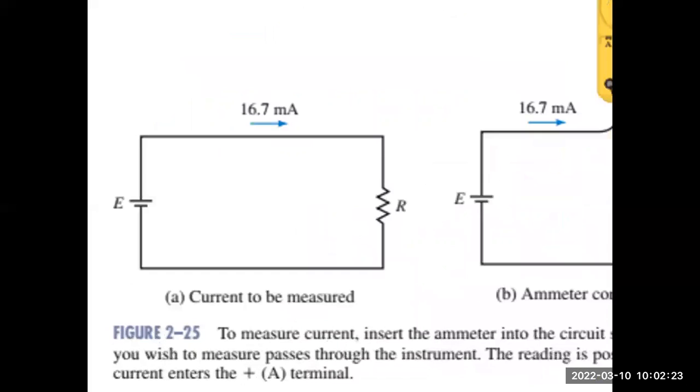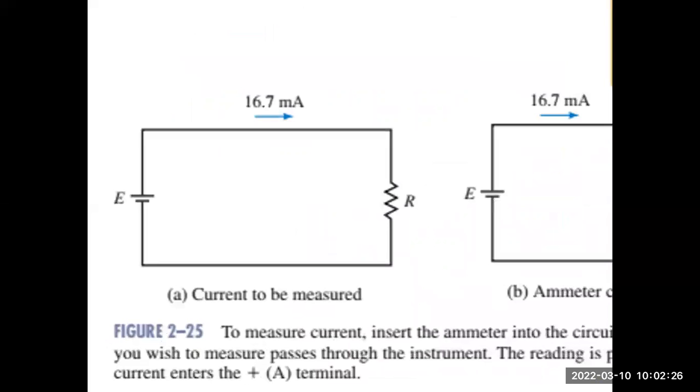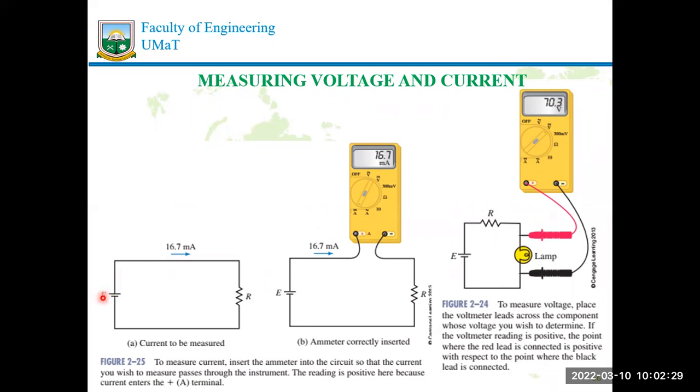For a voltage measurement, we can clearly see that there's a simple circuit that I have here. I have a voltage source, there's a resistor, and there's a series connection because I have the current moving in only one path. There's no branch or junction for the current to be divided or any current to be left behind. All right. For us to measure the voltage, normally we connect the voltmeter across the element that we want